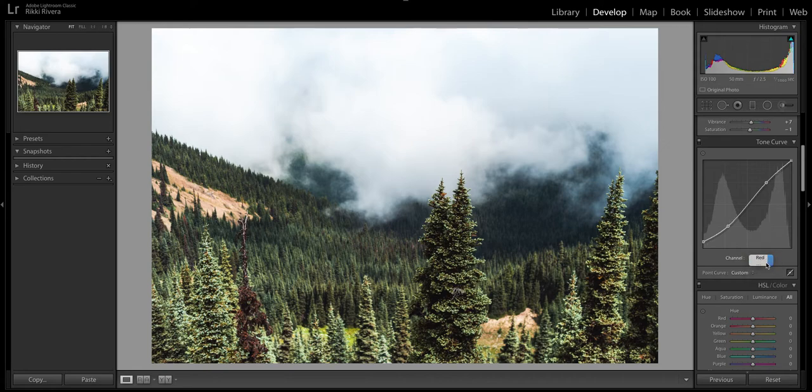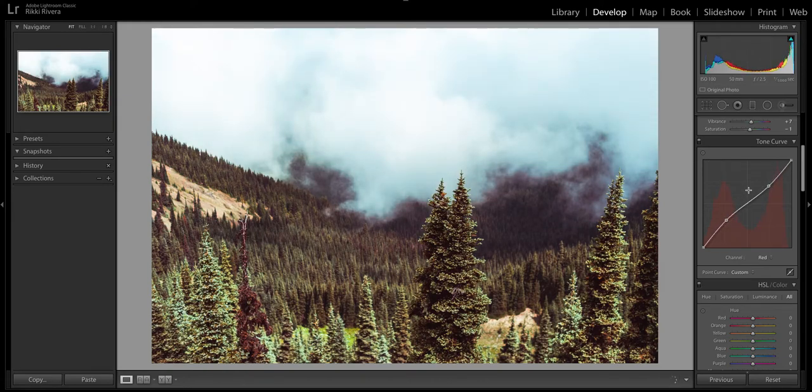What we can then do is go into reds and see what red tones are being affected and how it changes as we make these adjustments. We'll see there's darker red tones, or more red tones in the darks, as you can see through here, little bitty details, and then a little less in the bright colors, the white parts of the photo, obviously, as you can see. So why don't we pull these up,